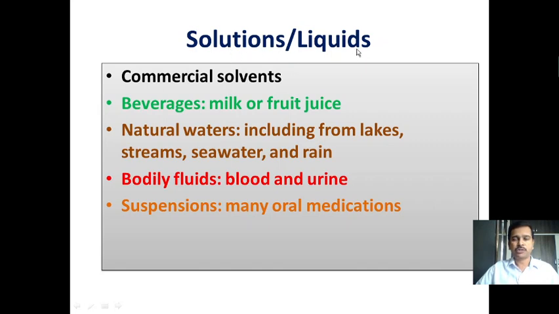First, let me take the samples which are present in liquid state. Normally, liquid samples come from the source of chemical solvents, because since we are all chemists, we will be using a number of chemical solvents. It may be for synthetic purposes or analytical purposes, whatever it is. Those commercial solvents are liquids in nature. While handling such liquids for analysis, how do we implement the sampling plan?